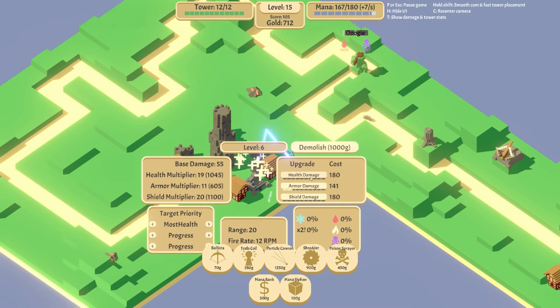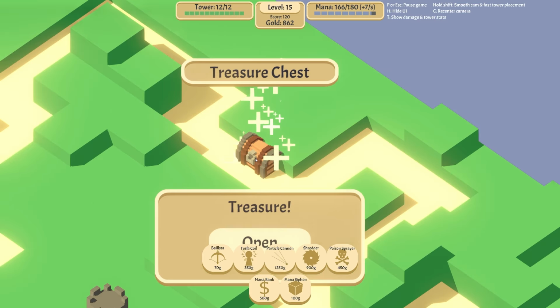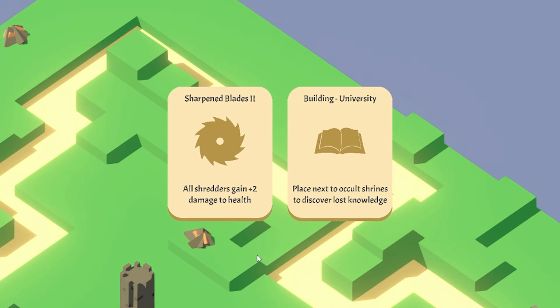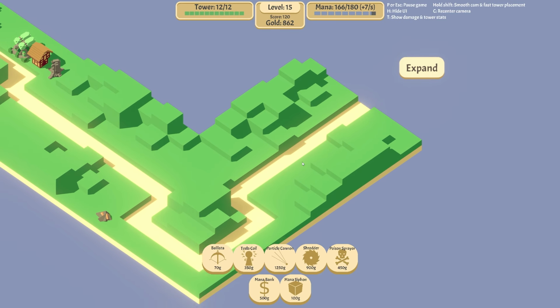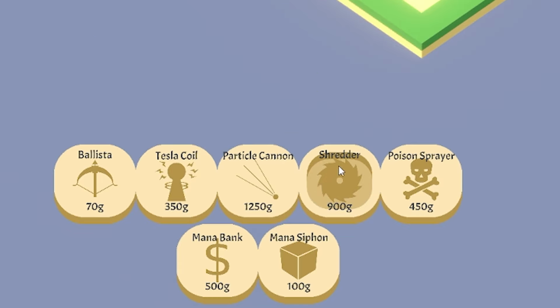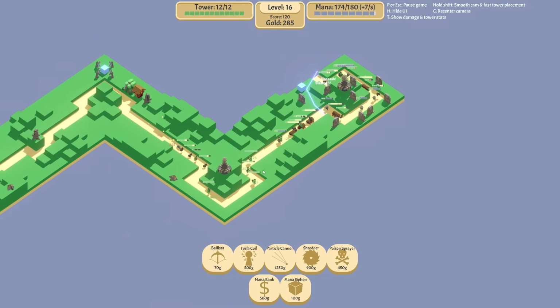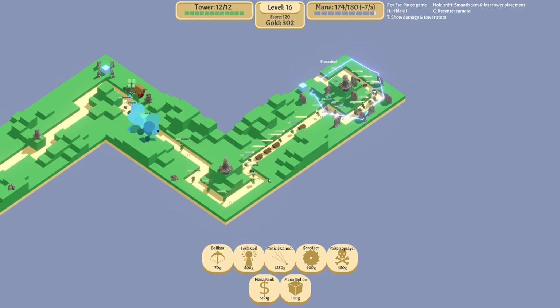Let's upgrade his health damage. Boosh. We've gained a treasure chest. So let's unlock that. Ooh, and let's sharpen our blades again. An extra 2 damage to health with the shredders. Right, we really need something up this end. Maybe... Oh, I want to save up for another particle cannon. I've done 2 Teslas for now, but my aim is to get a particle cannon, so I'll probably sell those